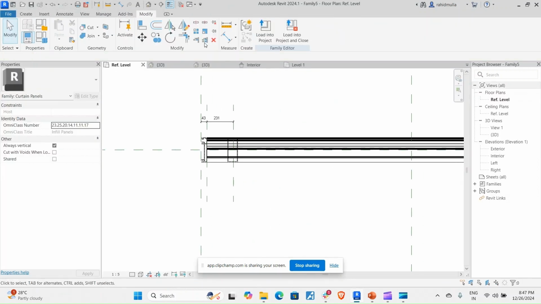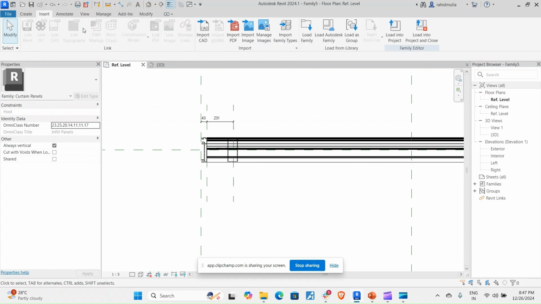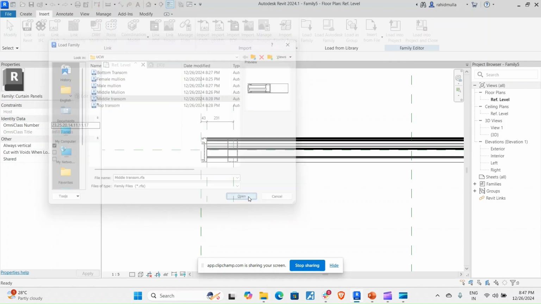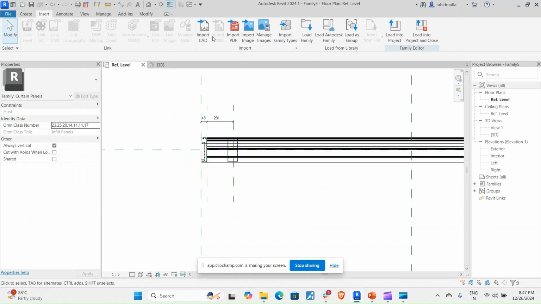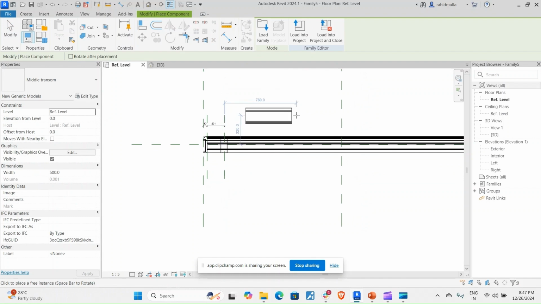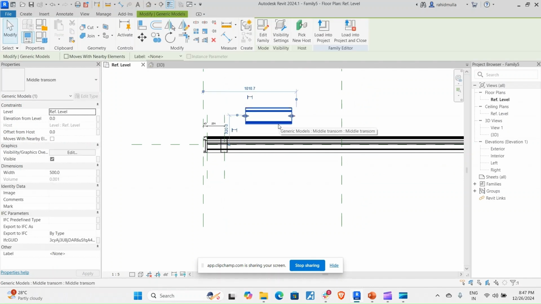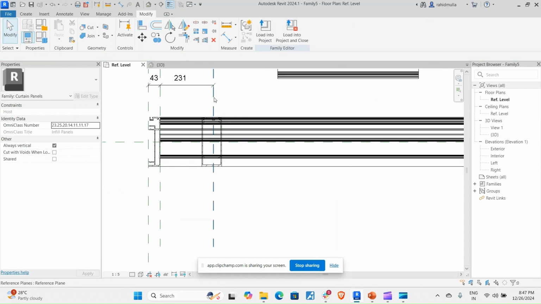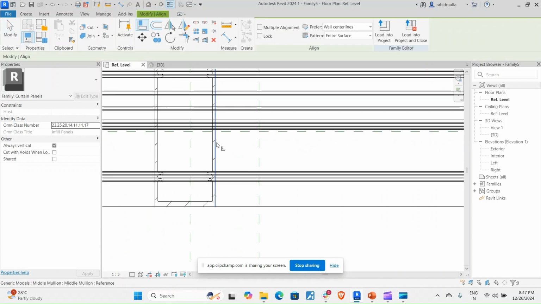So now I will go inside the family, and from here we will load the remaining components. So this is going to be the middle transform, and the middle transform is here. Again, I will press CM to bring that element, and I will make sure that for the middle transform I require a reference plane here. I will lock it here,